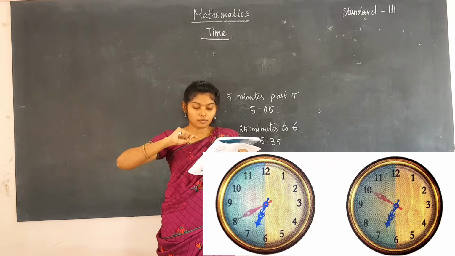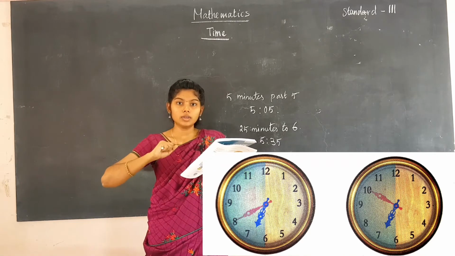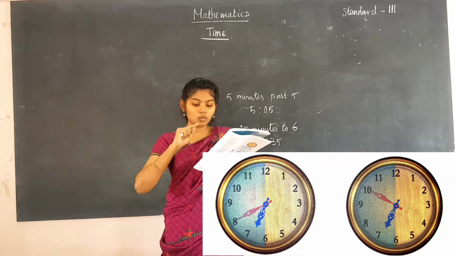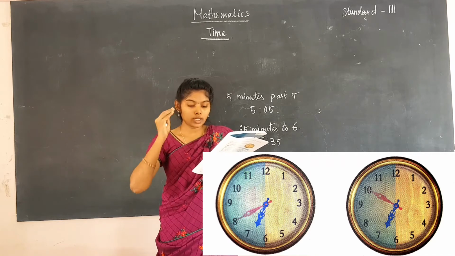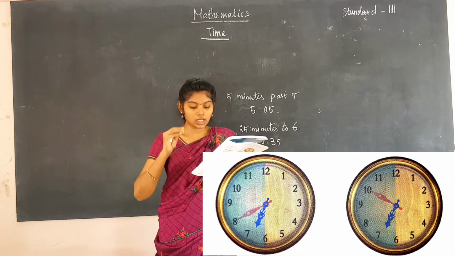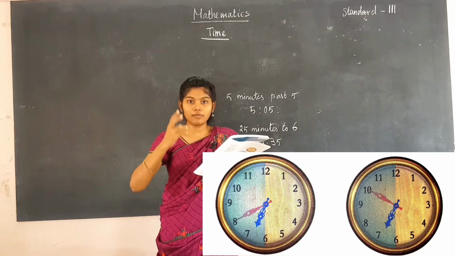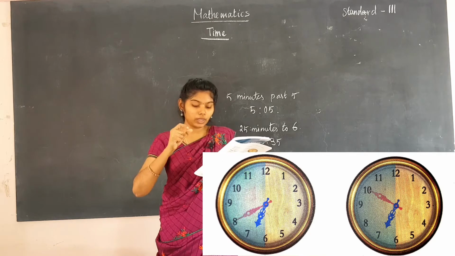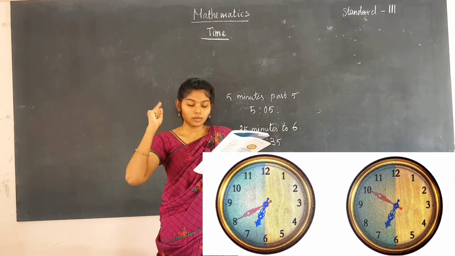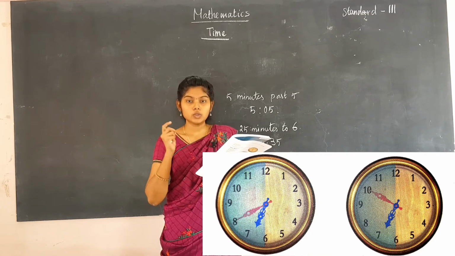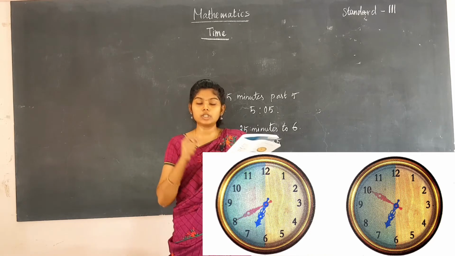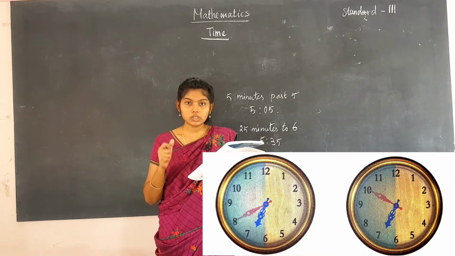20 minutes, you know to calculate the numbers. From one number to the next number, it is 5 minutes, right? So you have to calculate that as 5 minutes. From 8 to 9 is 5 minutes, 9 to 10 is 5 minutes. So 5 plus 5 is 10, and then 10 to 11 means again 5. So 10 plus 5 is 15. From 11 to 12 means 5. So again you have to add that number. 15 plus 5 is 20. So only we are saying 20 minutes to 7.